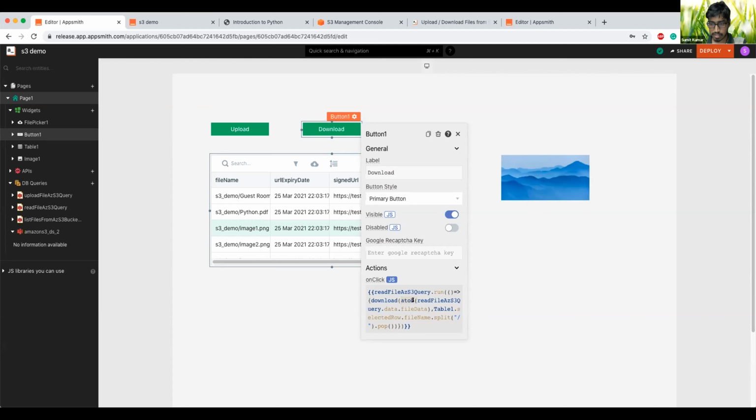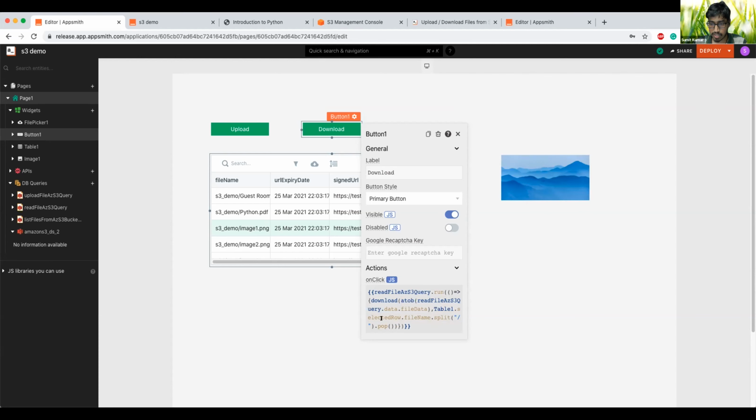If you see, the data of the file is being decoded here using the atob function. If you remember, I had previously mentioned that by default, the data being read is base64 encoded. So that data has been decoded via this atob function. And then the file name is provided via the selected row option of the table.